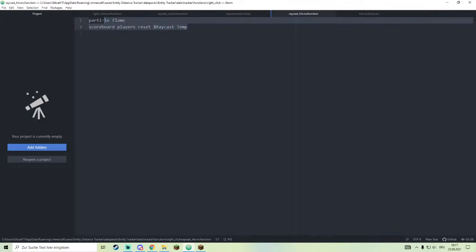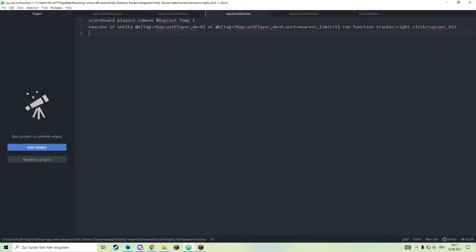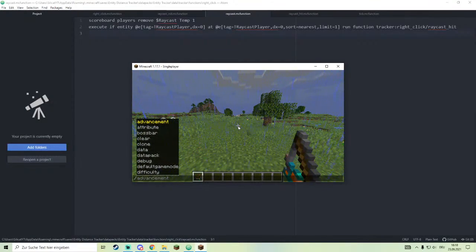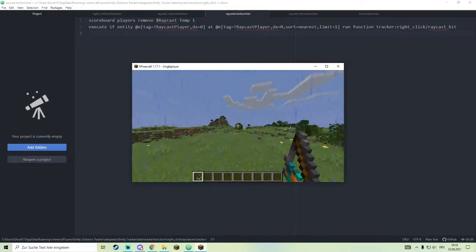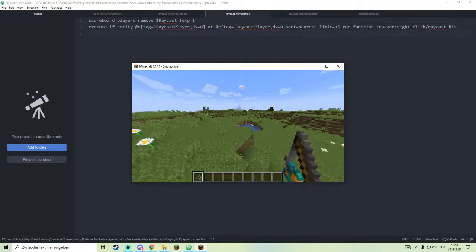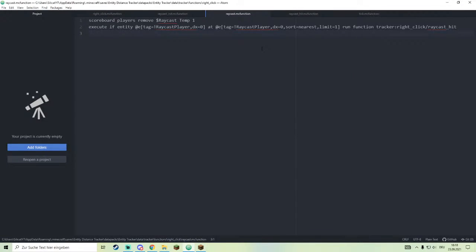So that basically resets the raycast score, and later on I will make it so that if the score is 0, it will stop the raycast. Because once we hit an entity, I don't want the raycast to continue going because it's already hit the target. Alright, so now execute if score raycast temp matches 1 or higher. So basically, if the score isn't 0, so if the maximum distance hasn't been reached yet,